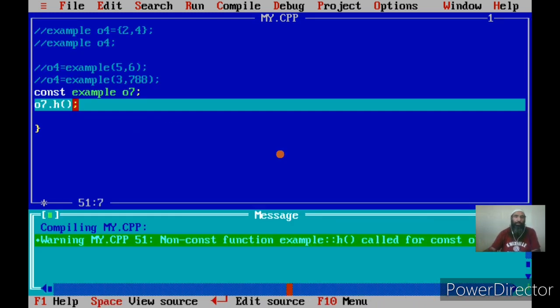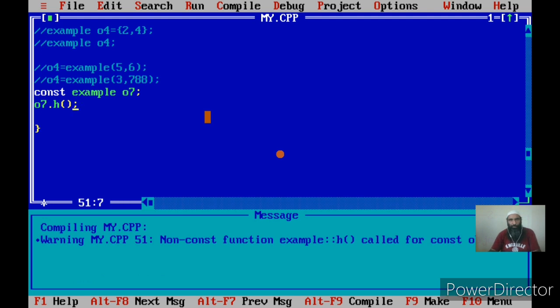See here. Now since I'm creating an object O7 and that's a constant object, and with O7 I am calling a member function h which I created just now, and that h is modifying the two data members a and b, the compiler has reported an error. What is the error? Non-constant function is called for a constant object.